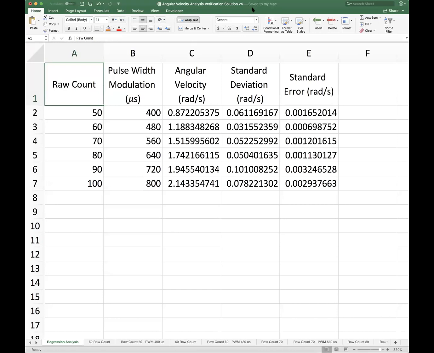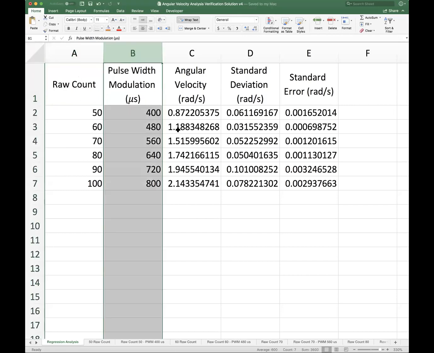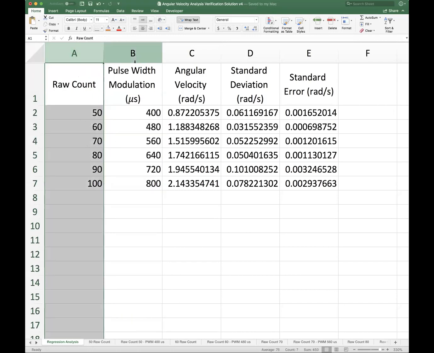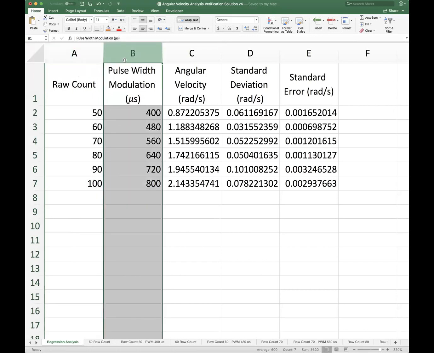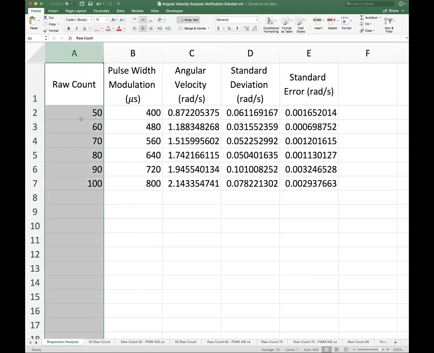All right, so this is where we left off last time. I want to graph the pulse width modulation versus the angular velocity, and I'm going to do the raw count. So the pulse width modulation is dependent upon the raw count. The angular velocity is